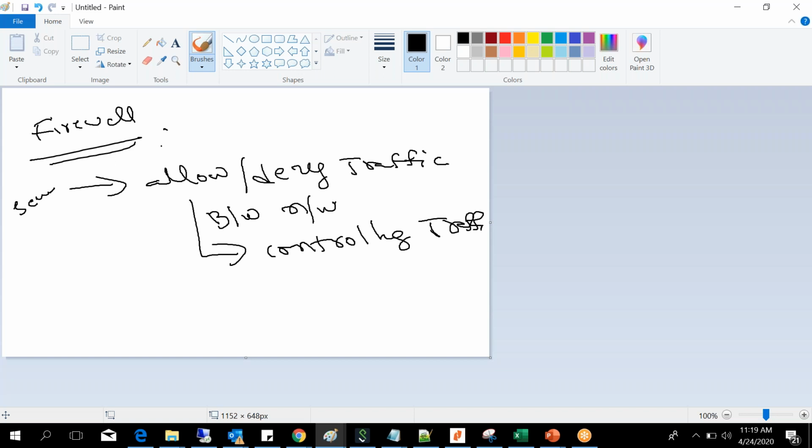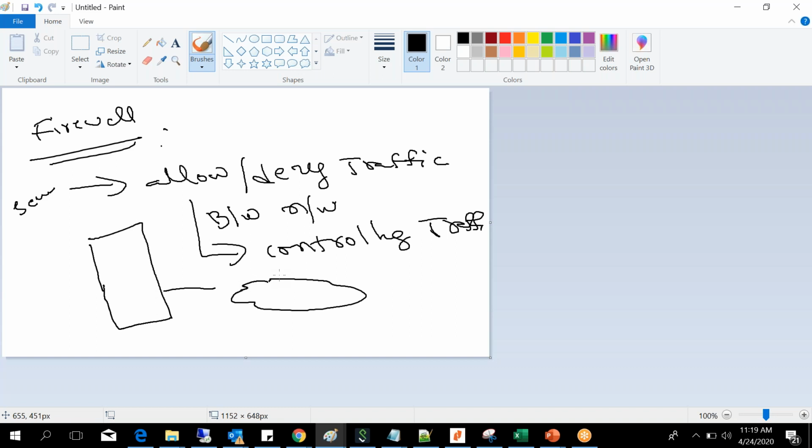Usually, when a firewall is going to be deployed, so this is the internet. In a couple of companies, the router is the first device.